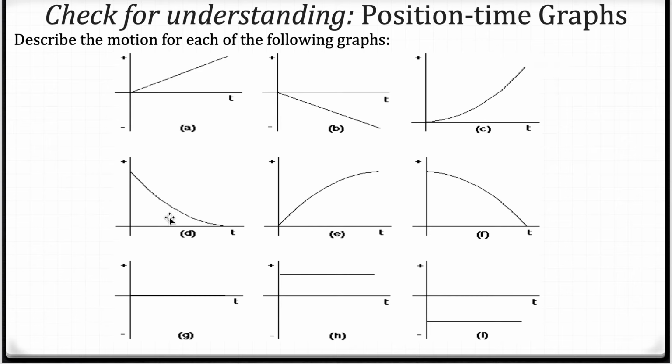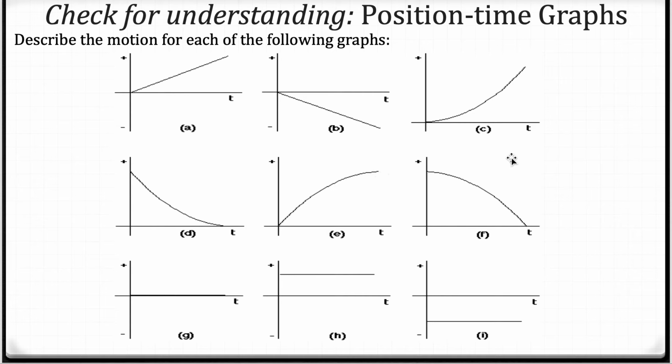All right, for our fourth graph, graph D, we have a curve that is sloping downwards, so we are going in the negative direction. It is a curved line, so there is acceleration, and that curved line is getting flatter towards the end, so it is going to be slowing down. Right. Graph E, we have a curved line going up, so we are going in the positive direction, and it is getting flatter as we go through that curve, so that means we are slowing down,